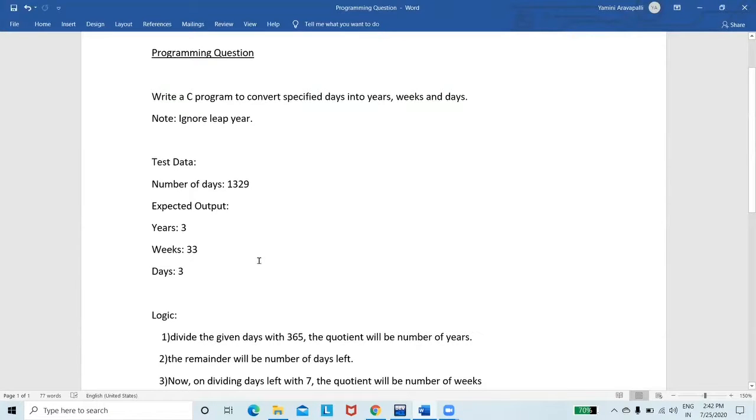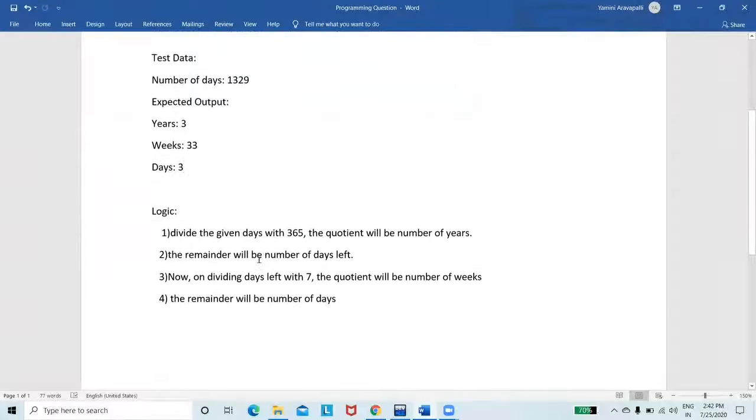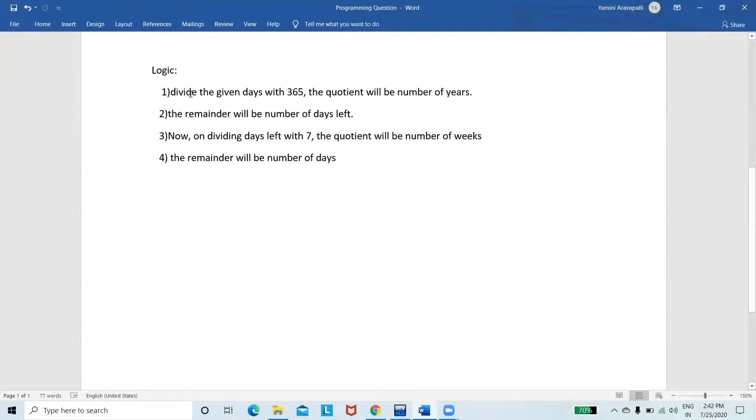So let's see how to solve this. Here is the logic. Divide the given days by 365. What happens when we divide it by 365? We will get the number of years. Dividing the given days by 365, the quotient will be the number of years.